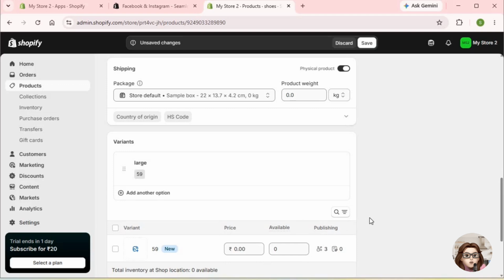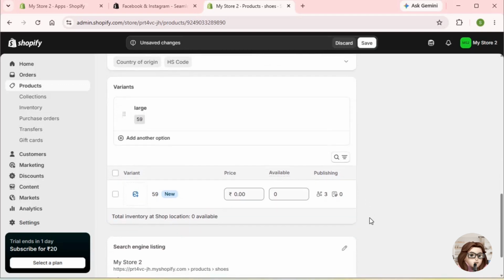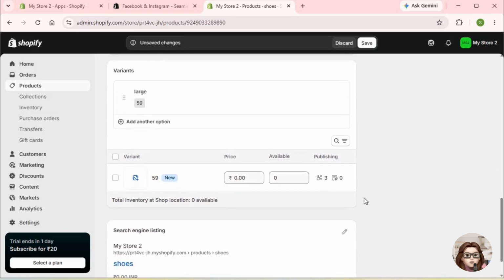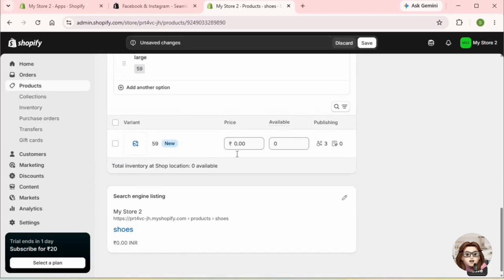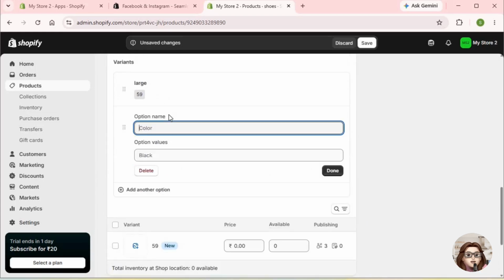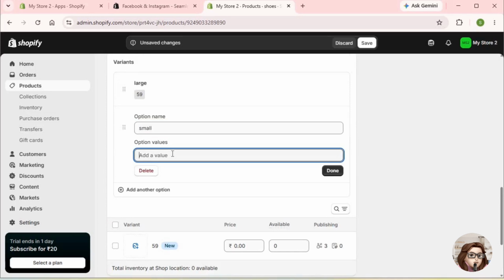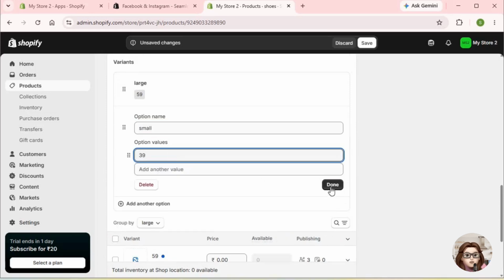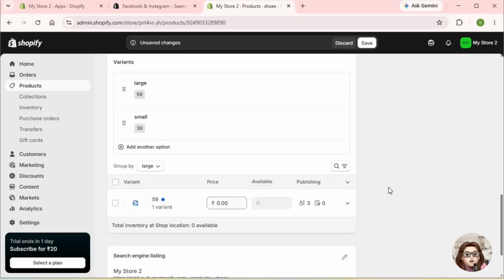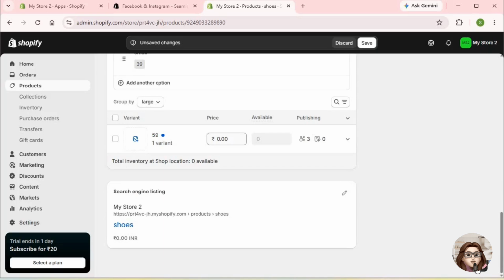After adding the necessary variants, you can copy important details like images, pricing, and inventory from the second product into the new combined listing. Once everything is transferred successfully, save your changes and review the product page to make sure the variants display correctly. If you no longer need the second product listing, you can archive or delete it to